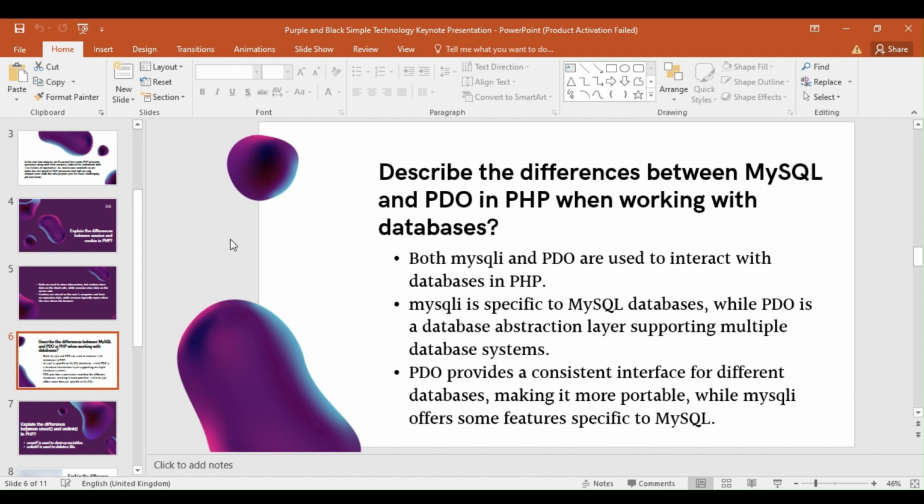So this MySQL is specifically for MySQL databases, while PDO is a database abstraction layer that supports multiple database systems. If you are using other databases like PostgreSQL, SQLite, or MS SQL, PDO provides a uniform method to access multiple databases. So this is the purpose of PDO, and PDO stands for PHP Data Objects, while MySQL, you know very